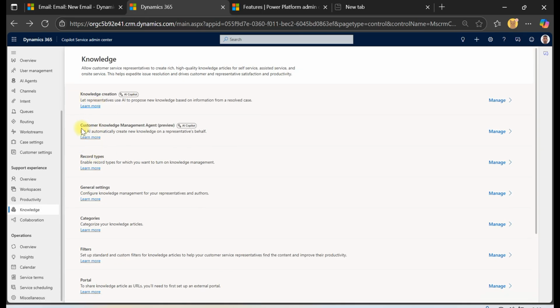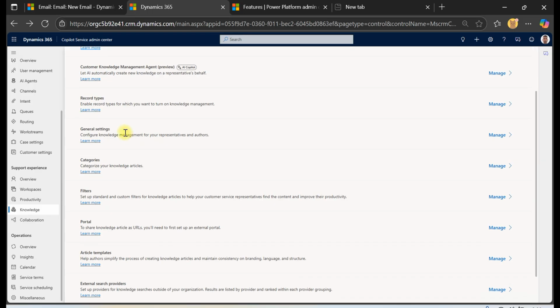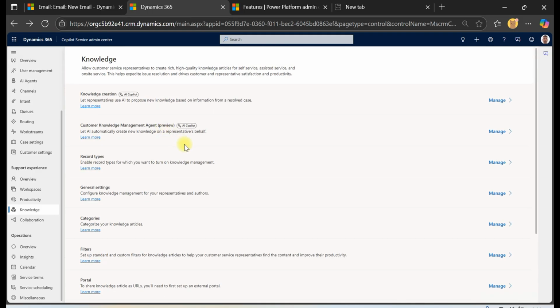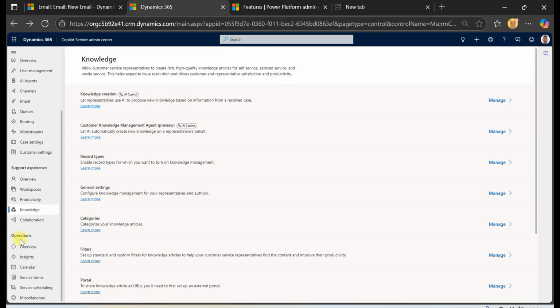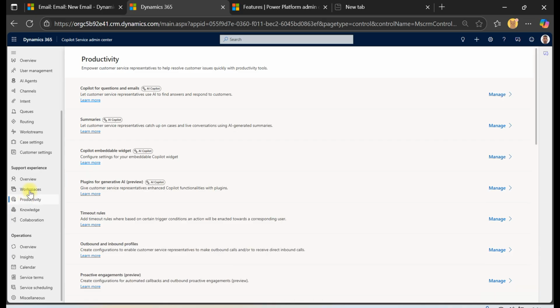The next one is the customer knowledge management agent. This is actually in preview, but basically you let AI automatically create new knowledge on a representative's behalf. So the first one, it allows the agents to do it. Second one, you're letting the Copilot do it automatically, which is quite cool. I actually haven't tested this one out as well, but you can definitely look into it. But yeah, these are some of the, I guess, Copilot services that you might be able to try out in